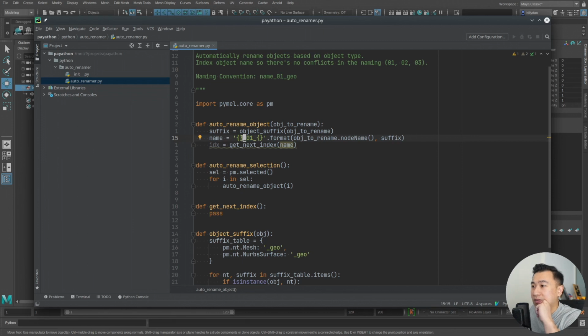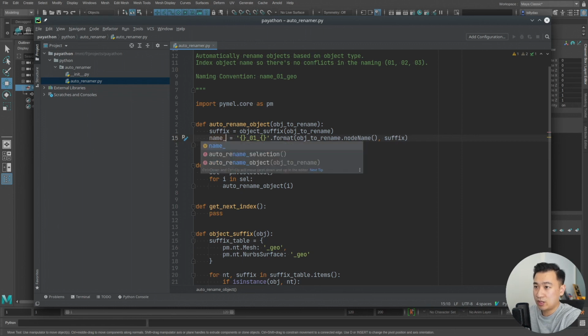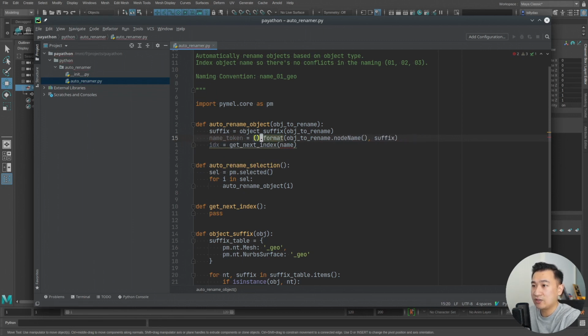So maybe we can make this even cleaner. I think I might change this code a little bit. Instead of doing the string formatting here, I'll do it a little bit later. What I probably want to do is just have my names as separate objects, separate tokens to begin with. So rather than doing all this fancy jazz, I'll just store this entire section inside of a tuple. So let's just store it inside of there like this. And I think this is kind of what we want first of all. So we have a nice little tuple here,